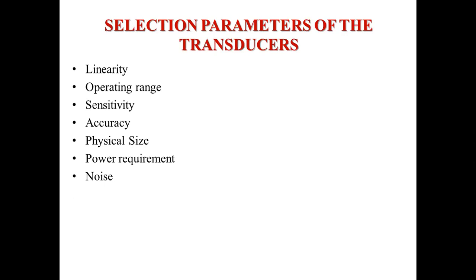the fan is converting electrical energy into physical energy. Electrical energy means after giving supply, the output comes, right? That we call an actuator. From electrical quantity to physical quantity, whichever converts, that is called an actuator. Physical to electrical, that is called a transducer or sensor. Okay, so the noise level, how much noise it is going to produce, and other things, etc. These are the selection parameters of the transducers.